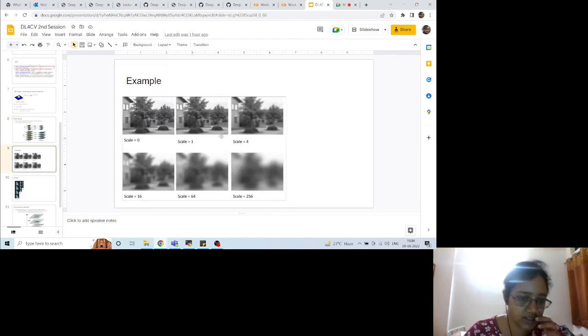So I'll just give you examples. An example would look like this: you can see this is when you convolve an image with a Gaussian of scale 0, which means there is basically no convolution. As you increase the scale, where 1 means 1 times sigma and 4 means 4 times sigma, and so on, you see that the images become more and more blurry. So that is the effect of